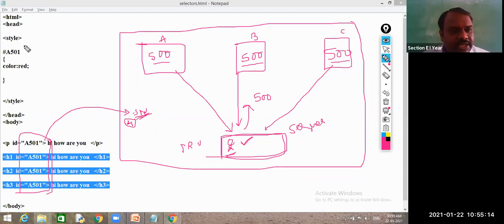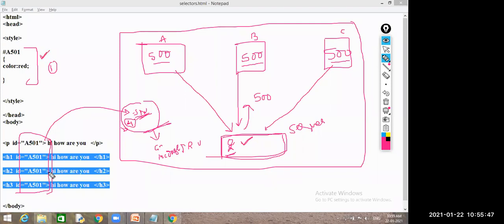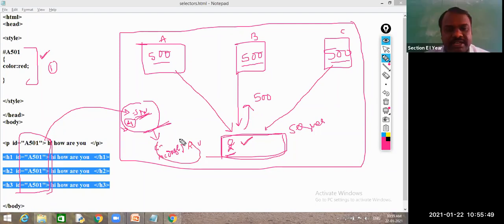So that is the reason why you need to use these IDs for only one element, because in future we will write server side programs. When you write a server side program and the data has to be captured, it will get what we call an ambiguity problem. Ambiguity means either confusion or inconsistency. Inconsistency means data may not be fetched properly. So that is the reason why you need to apply the ID only to one element. If you write it for multiple, then at the end you will get a problem.